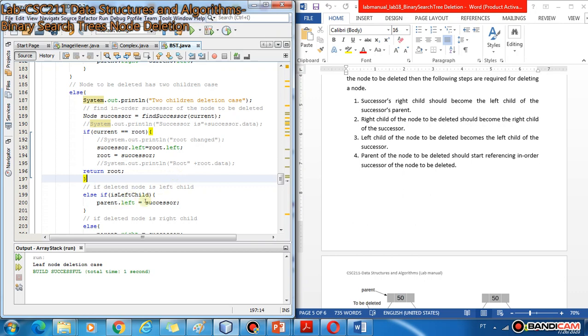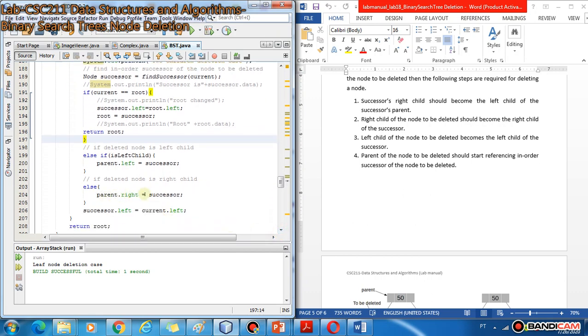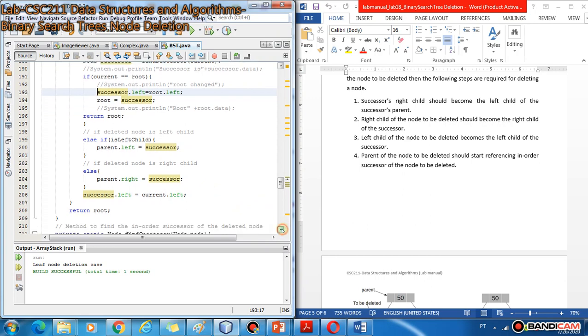If the node to be deleted is the left child of its parent, we do parent dot left equal to successor. Else, we do parent dot right equal to successor, and then we do successor dot left equal to current dot left, because current was the node pointing to the node being deleted. So it is basically the same thing: successor dot left equal to root dot left, or successor dot left equal to current dot left, which you do after updating parent dot left or parent dot right, depending on whether the node to be deleted is the left or right child of its parent.